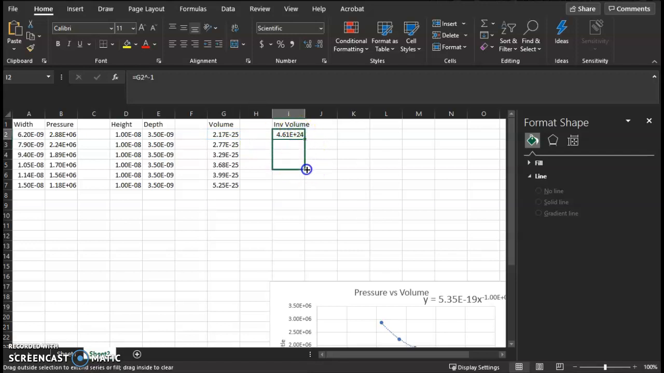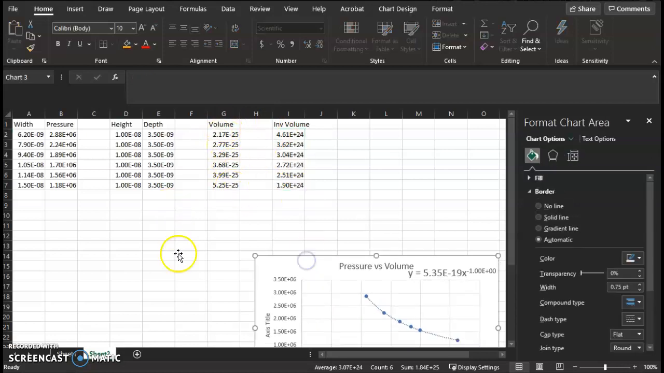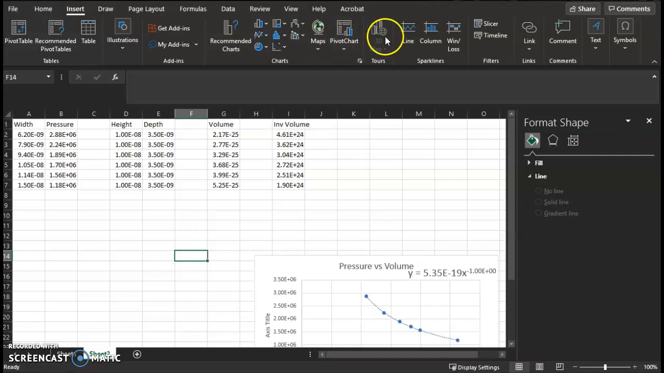If I grab the bottom right-hand corner, click, drag, hold, it'll automatically calculate the volumes for this entire column, invert those. So now we can go to Insert again, Chart,